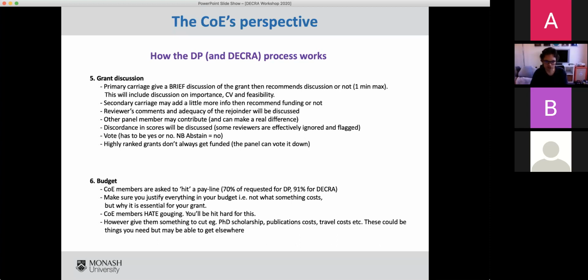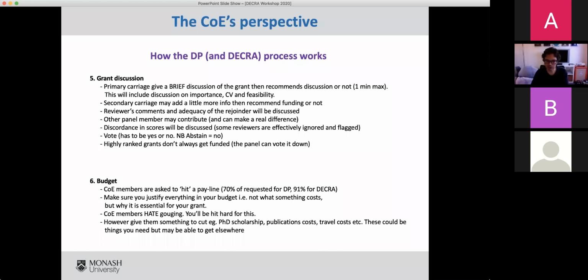And just because the assessors have given you good scores, which has led to high ranks, doesn't mean that the grant's going to get funded. So you may have gotten, for example, assessors that each only reviewed one grant each. They gave you all A's across the board, but then the panel don't necessarily agree with that because they've read 40 or 100 or 150 grants.